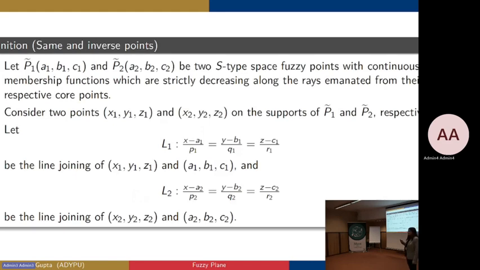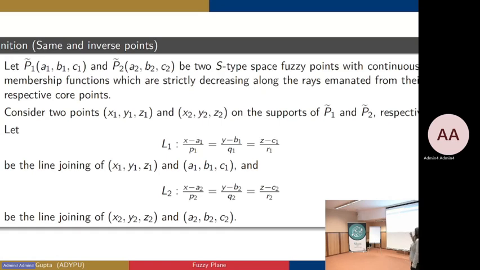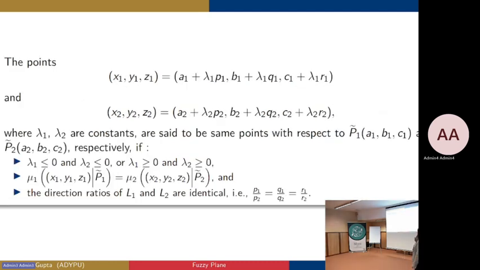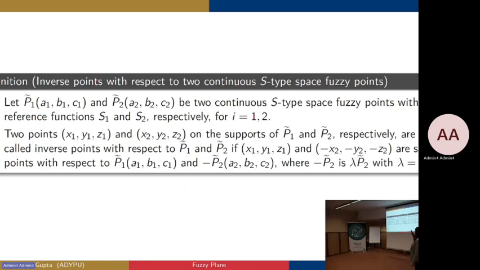So now what about the arithmetic operation of fuzzy points? To define the arithmetic operation, first we give the idea of same and inverse points. Let P1 and P2 be two S-type space fuzzy points, and consider two points x1, y1, z1 and x2, y2, z2 along the lines L1 and L2. Then the points which follow their expression with the same membership value and in the same direction are called the same points,